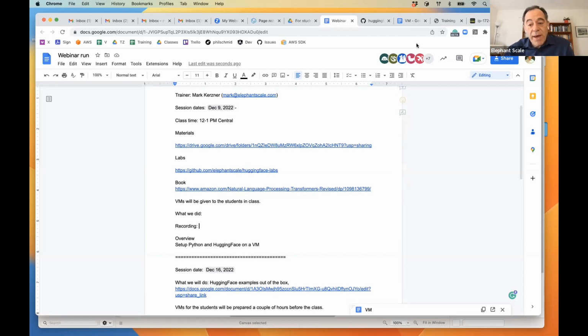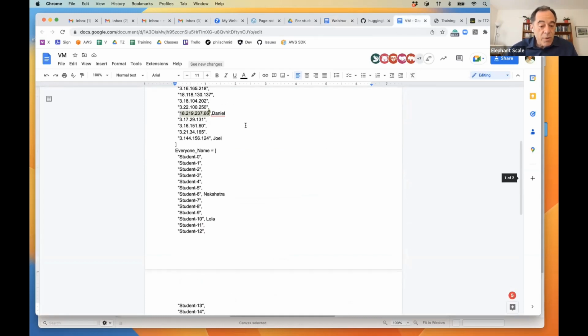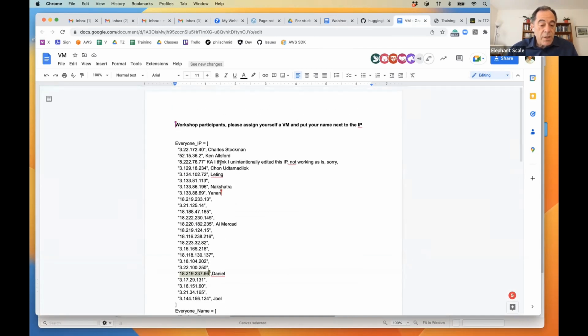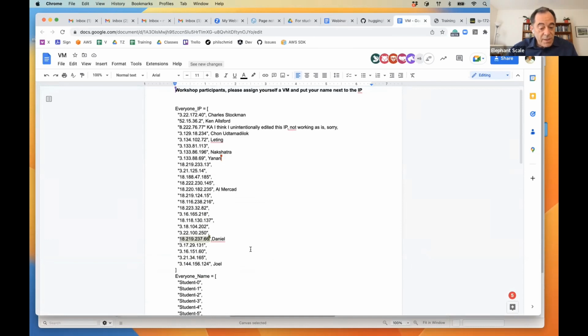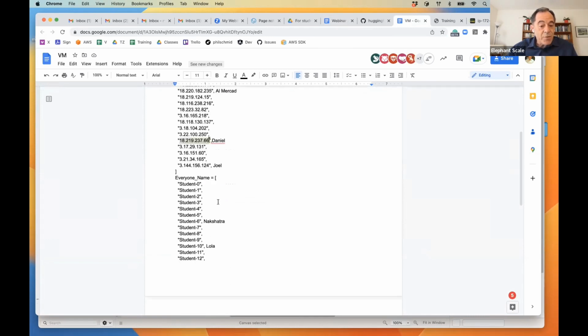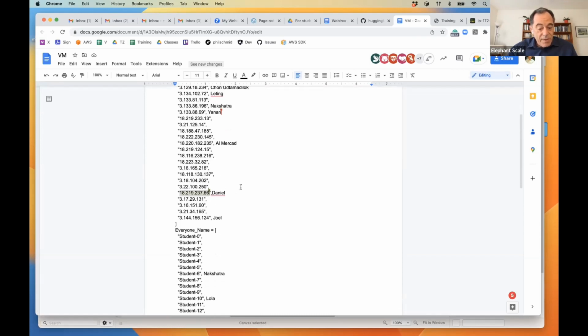Now, I go back to the virtual machines, and this is where you assign yourself a machine. Let us all assign it at the IP here, because I see that some of you put it right here. Okay, if this Lola is the same as that Lola, then it's fine, right?